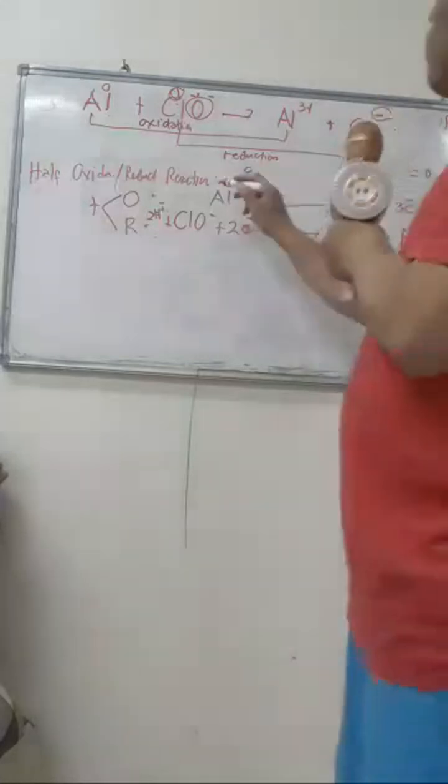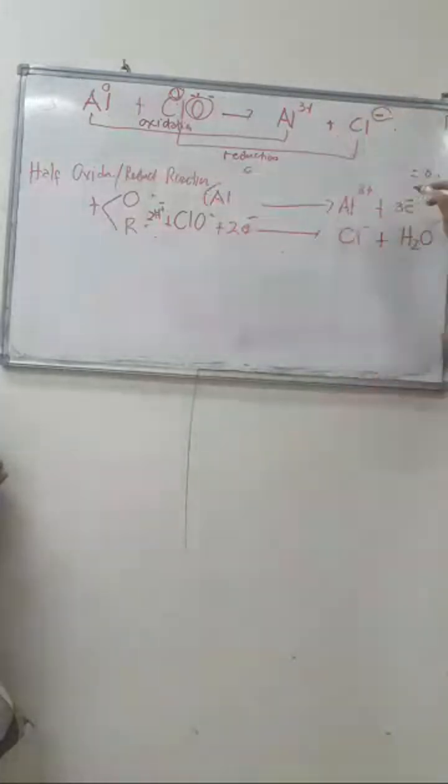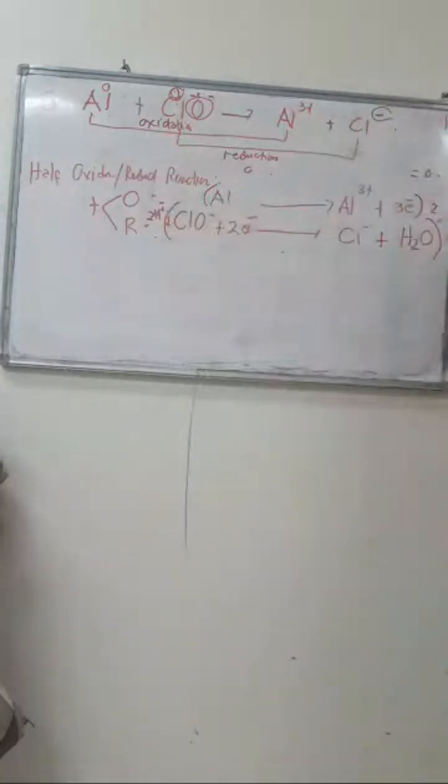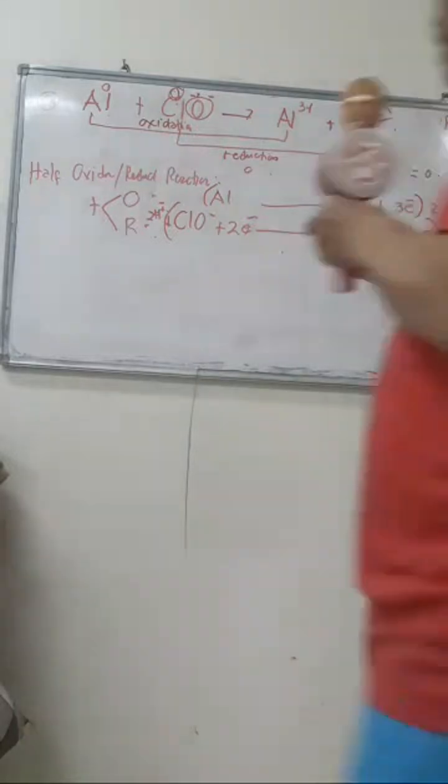So, put parenthesis the whole oxidation times 2. Okay, and the reduction also, you need to multiply that with 3 so that it will become 6 electrons also in the oxidation, so 3. So, now we have now our reactions here. Eyes on the board, please. Okay, so it will now become,